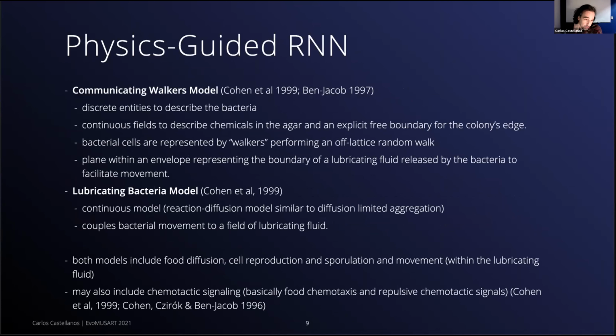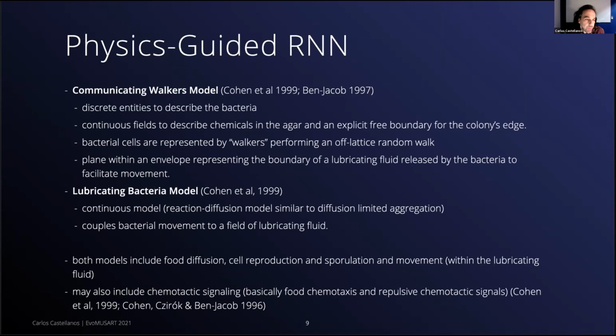And fortunately, Ben Jacob and his collaborators made some basic models of these bacteria. They have essentially two basic models. There are a few variations on each, but there's basically two. The communicating walkers model is a discrete, grid-like model where the bacteria essentially do a sort of random walk. The cells are called walkers, and